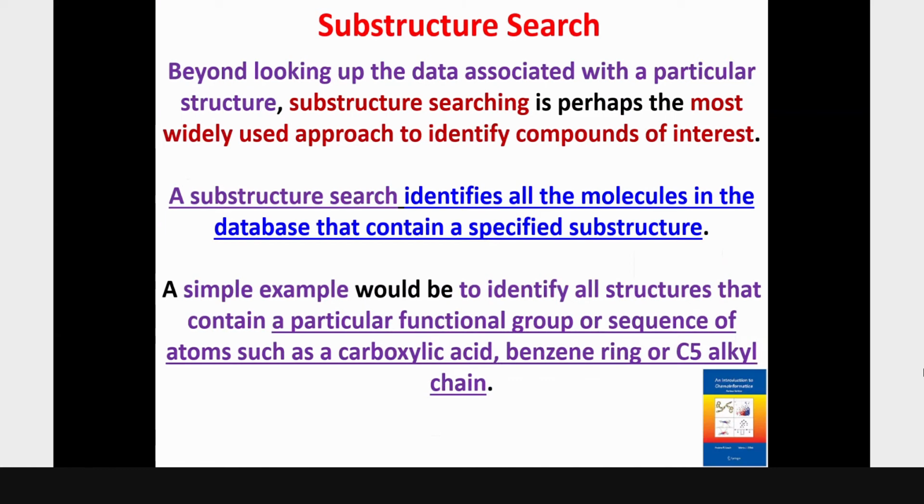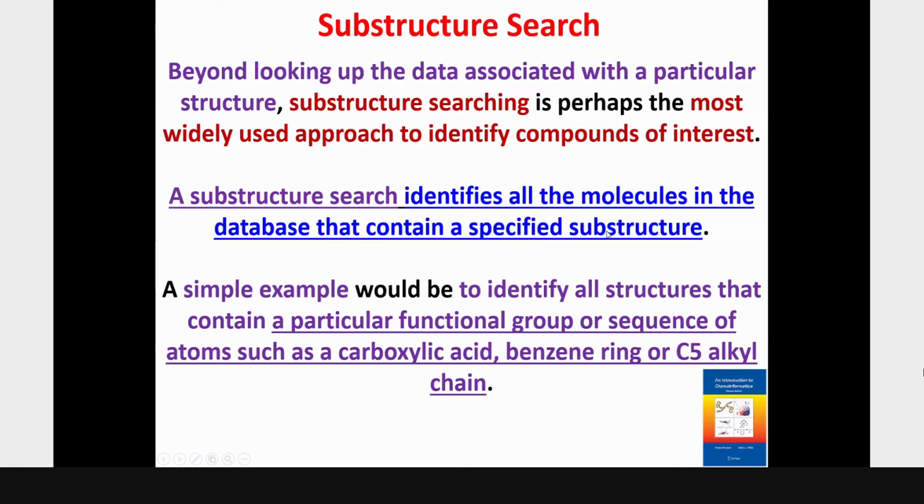So by the name you could understand that there will be a whole structure, and the part of it will be called a substructure. For example, substructure searching is the most common method when people try to identify compounds of interest, and a substructure search identifies all the molecules in the database, each and every one, that will be